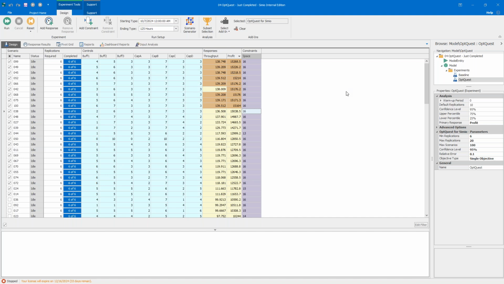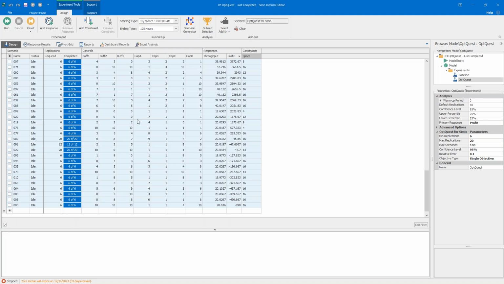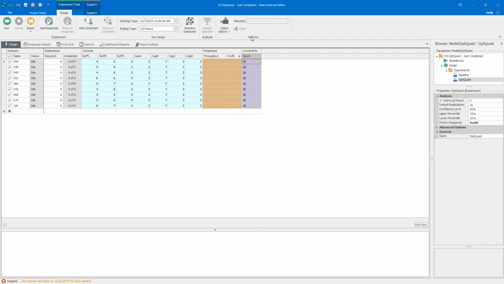So what I would do here is I can then introduce our second tool. So I'm just going to delete all of these reject values, members of the reject group, leaving only the scenarios that are in the potentially best group. I'm going to reset that, and then I'm going to use this third tool, select best scenario. So to do that, I've got my scenarios defined. I'm going to clear the add-in because I no longer want the OptQuest add-in, and I'm going to select add-in,